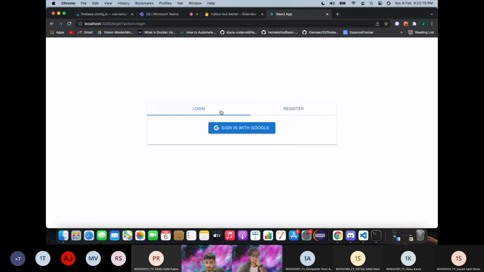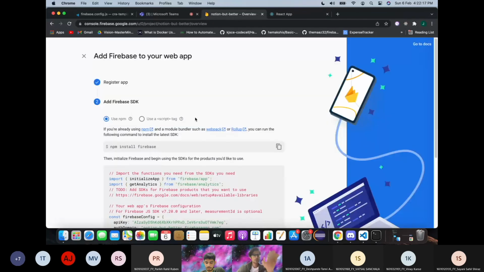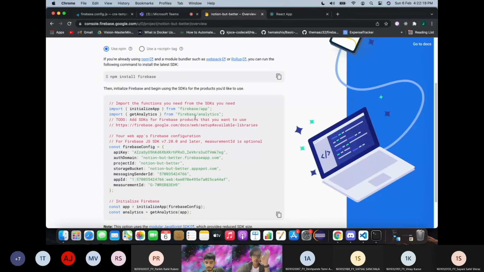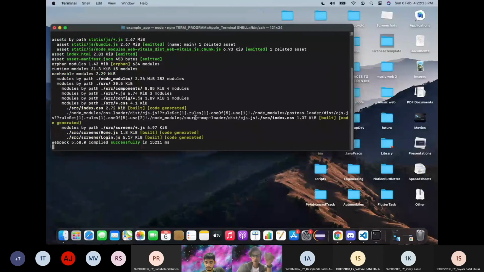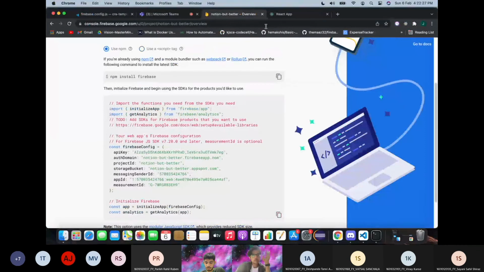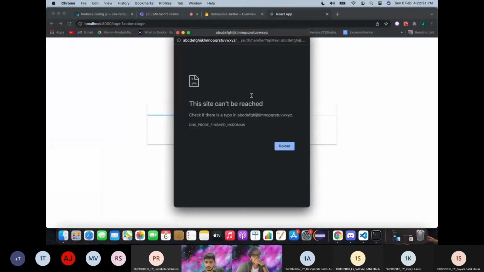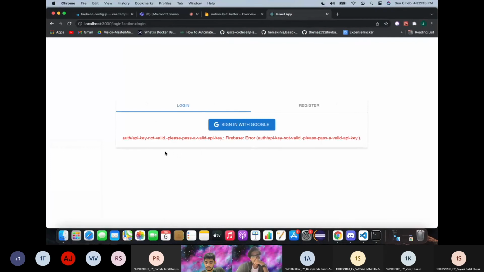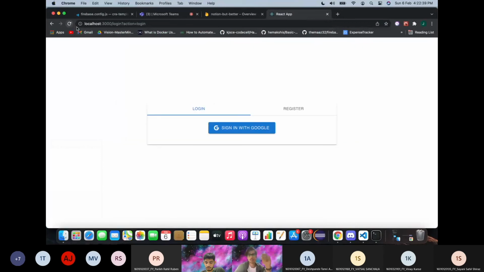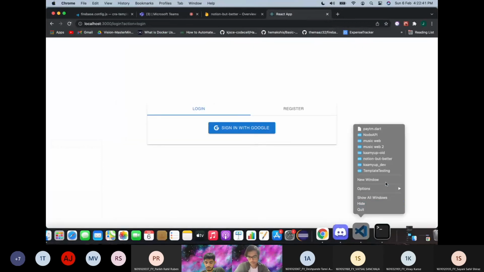But now, as we can see, we have just created the application in Firebase. We have not linked this application in Firebase to our front end code. We are yet to link it. That's why if I click on sign in with Google, you can see this site can't be reached and the Firebase error, API key not valid, because we have not yet passed the API key to our application. Okay, so what I'll do is